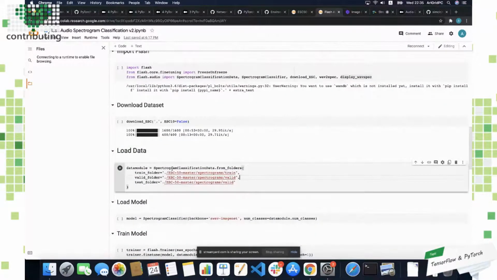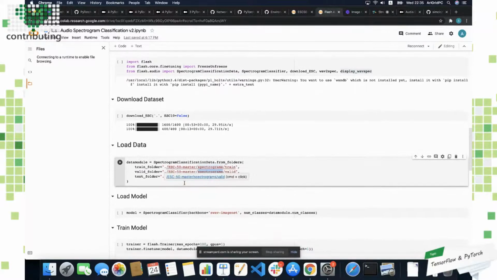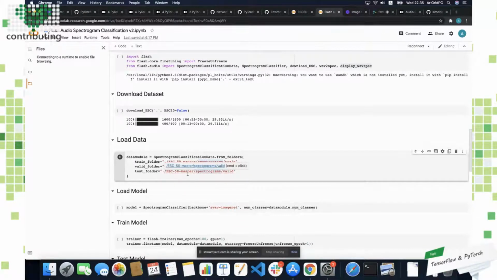Then the next thing I do is use my spectrogram classification data from folders, and I provide the folders of the data set where my train files are, where my validation files are, and if I have them, I can also put in test folders here as well. For this specific case, this data set didn't come with a test folder, it only came with a train and a valid, so I put the split here.